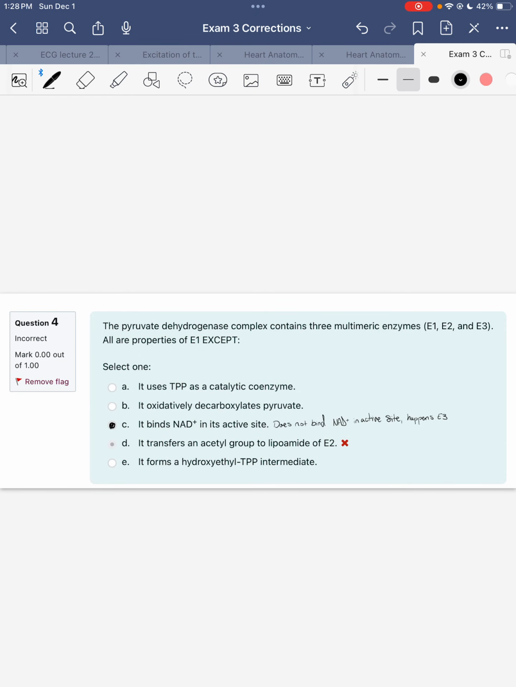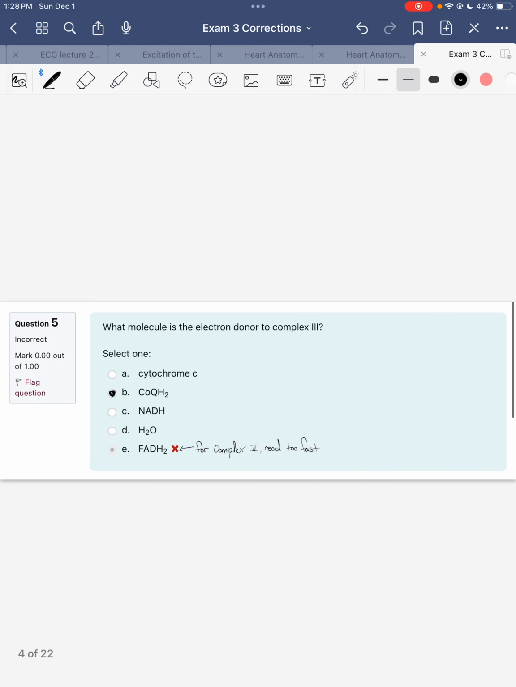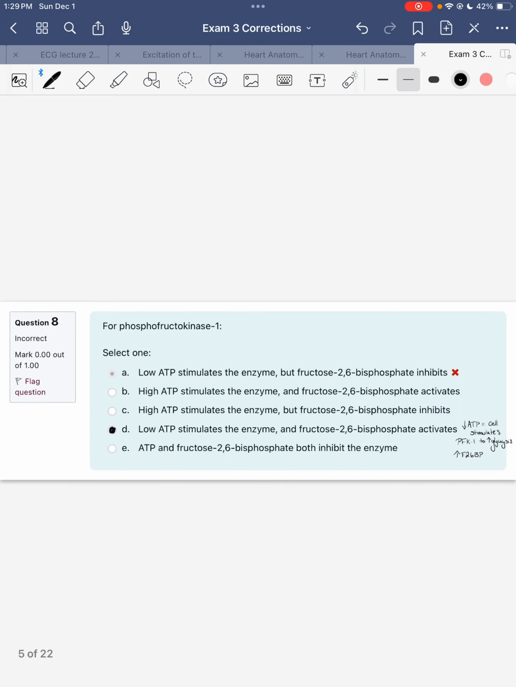Number 4, it should be C because it doesn't bind NAD plus to the active site. That only happens in the complex E3. Everything else is true for E1 though. The next one should be B. I read it too fast. I thought it said complex 2, so the FADH2 is correct for complex 2. For 8, I put it should be D because low ATP indicates that the cell needs to start glycolysis,